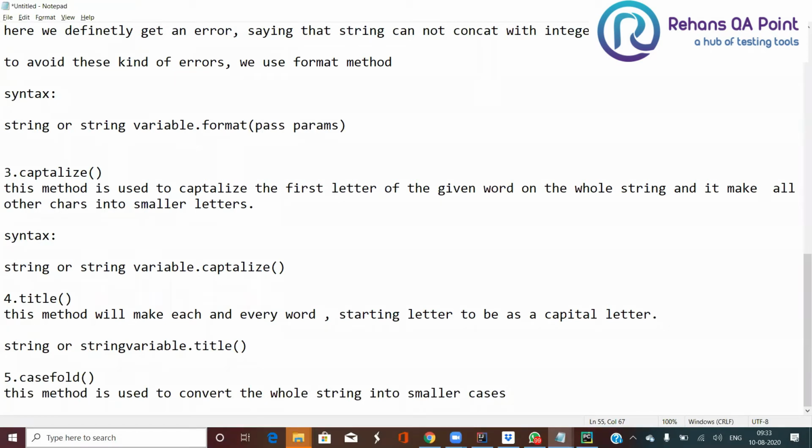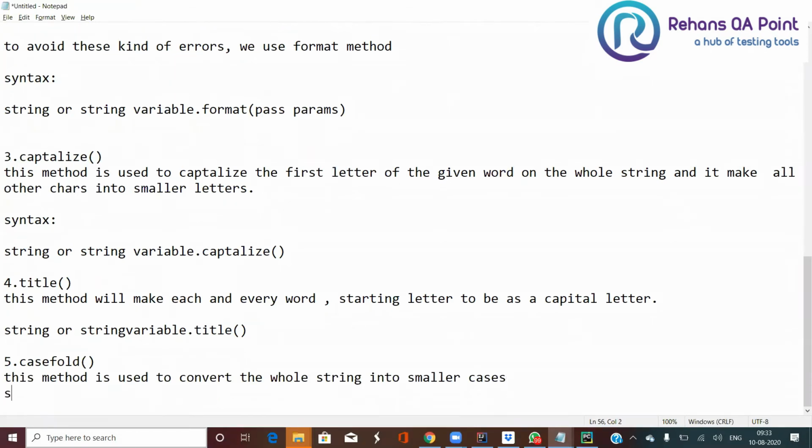The syntax is going to be string or string variable dot casefold. What will this method return?